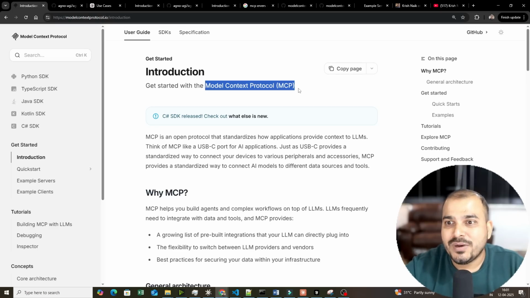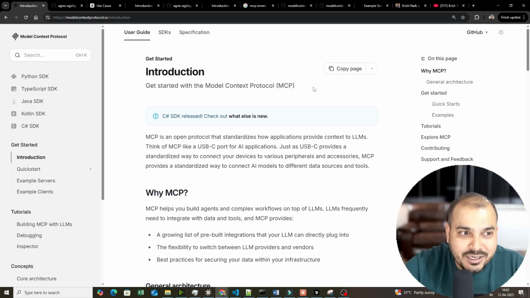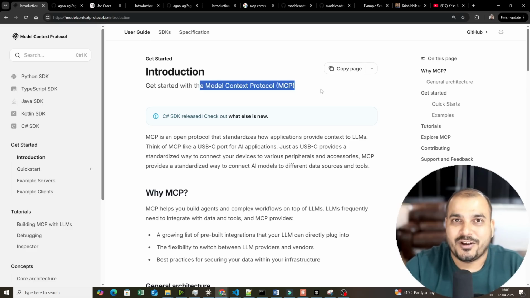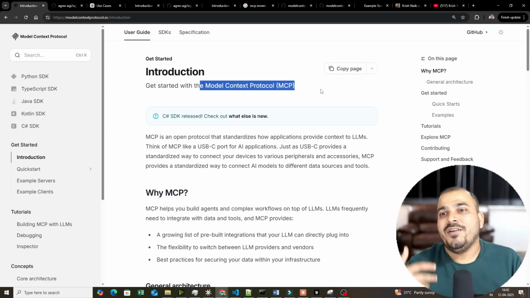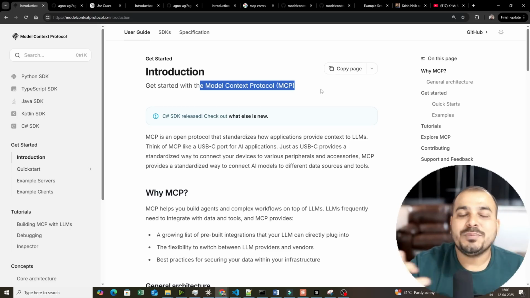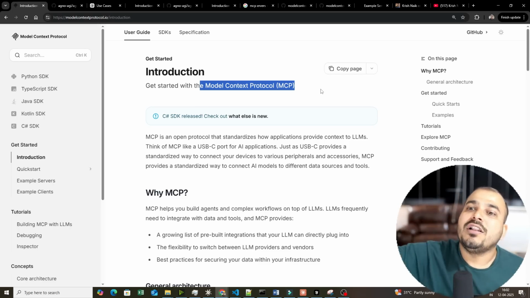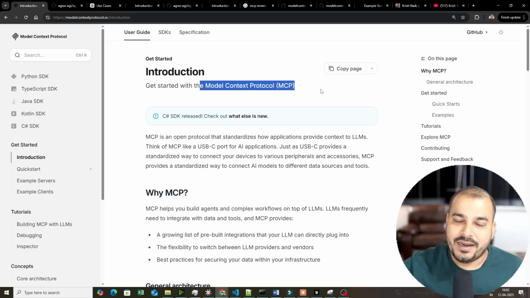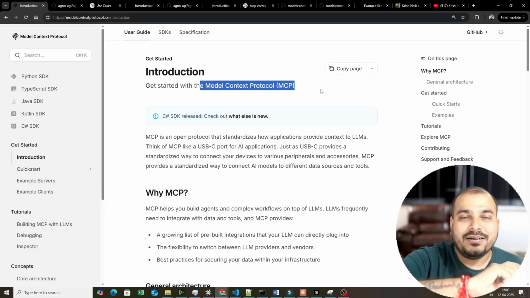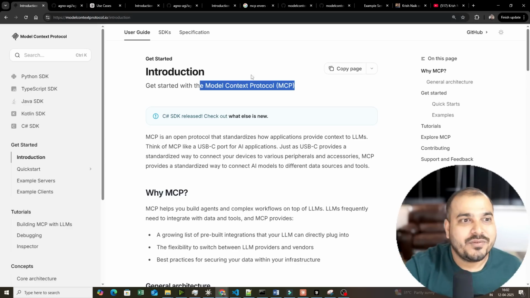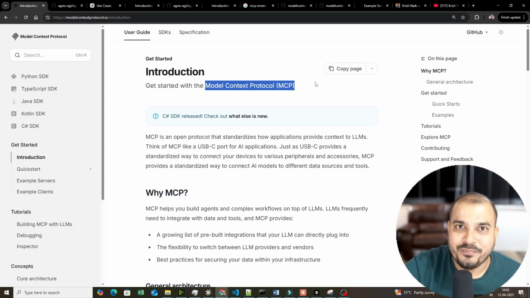Now, what companies will do who are creating this specific tool, they will make all the changes from their side, which will be adhering to this particular Model Context Protocol. And then from the client end, we just need to write some specific code in order to call this specific server tools. Once we are able to call it, the entire communication will be handled by the Model Context Protocol.